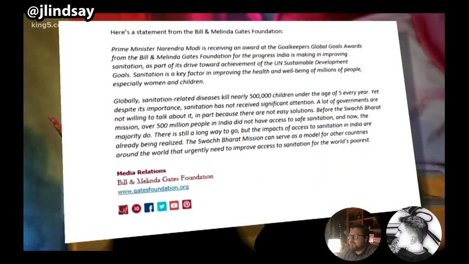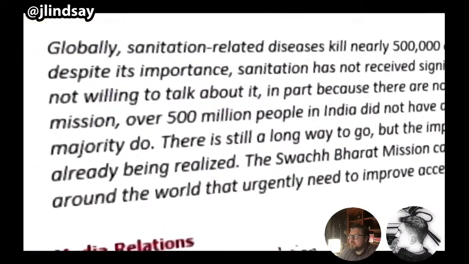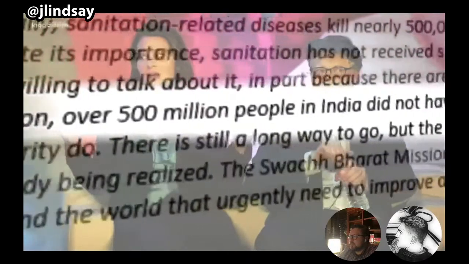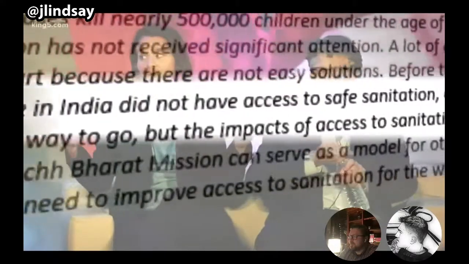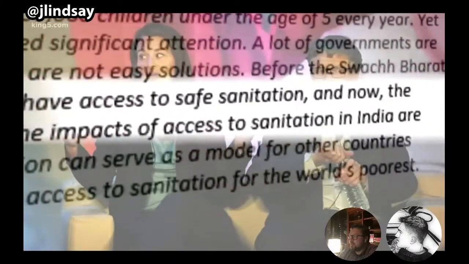To just understand what's going on in Kashmir. So for 50 days, there has been no phones. All the landlines as well as the cellular phones and the internet has been completely blocked. The Bill and Melinda Gates Foundation released a statement that in part says Modi is receiving an award, noting that before the Clean India mission, over 500 million people in India did not have access to safe sanitation, and now